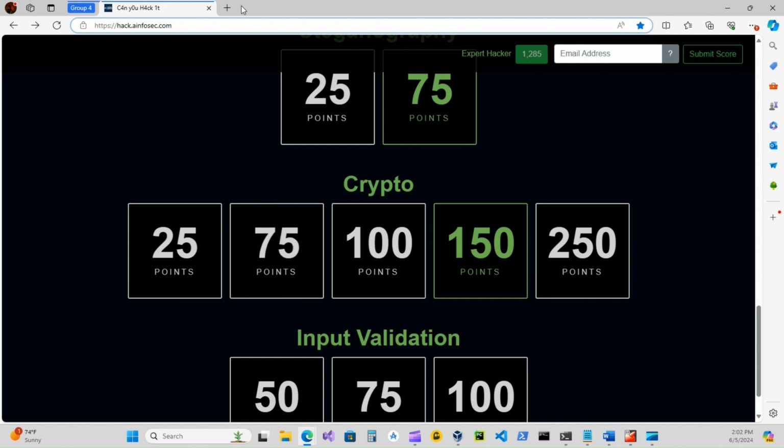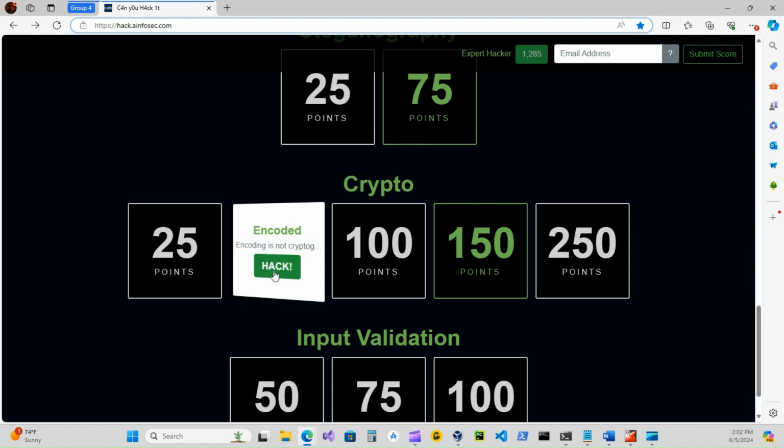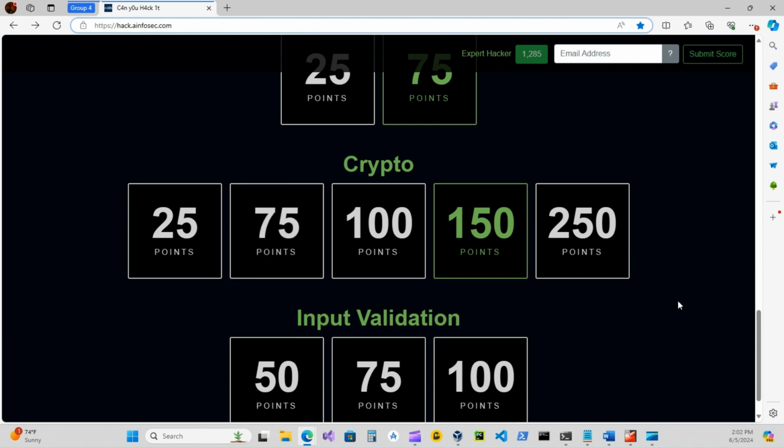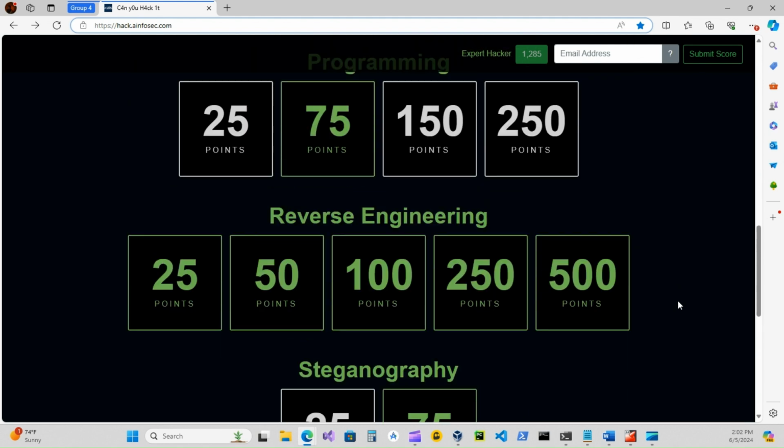I had it up here, but I took it off. This one was really hard. It had two different layers of encryption, but I got it, luckily. And I don't know what else I got,